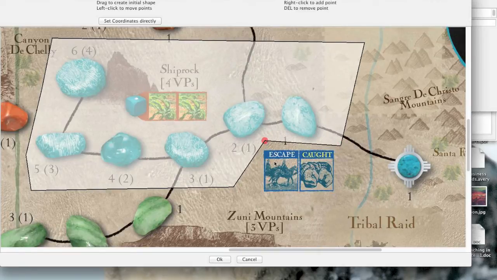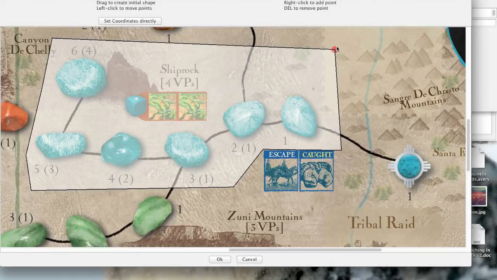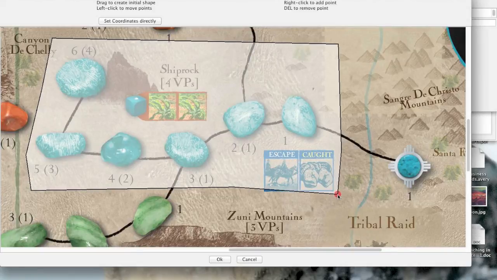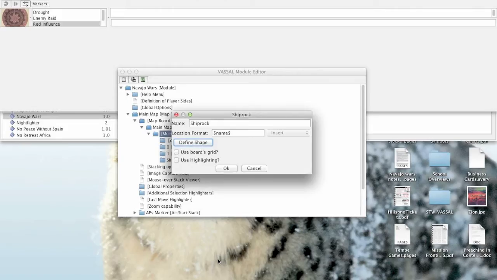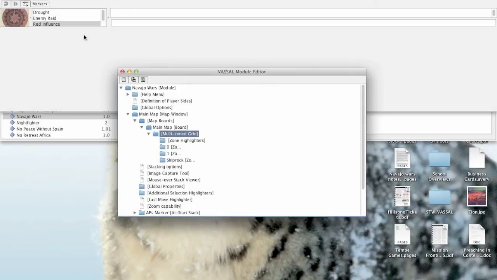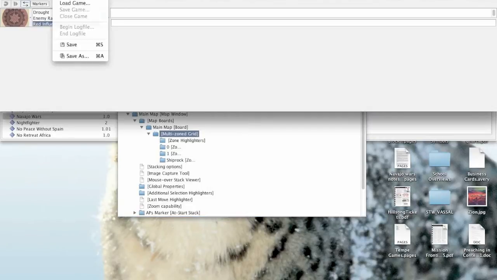If I wanted to call these escape and caught, that's how I would do that, is I would just drag around it. In this module, though, it's actually not even necessary for me to do that. The way this particular module works, I don't have to call this escape, caught. It's not necessary, so I'm just going to drag it around the whole thing. Choose OK. OK. And now if I go into the module, new game,